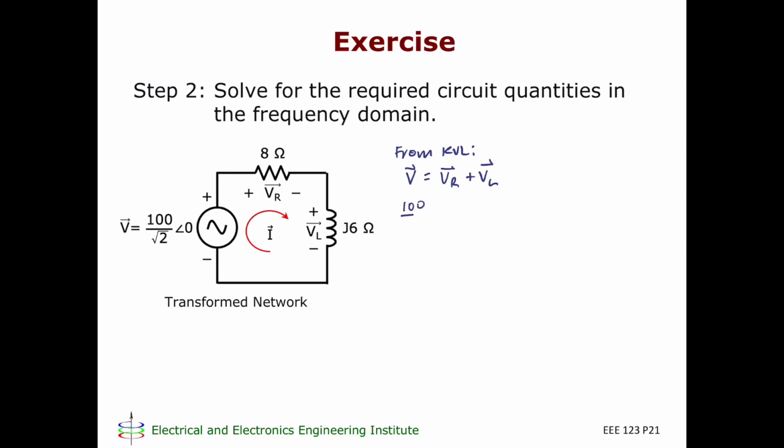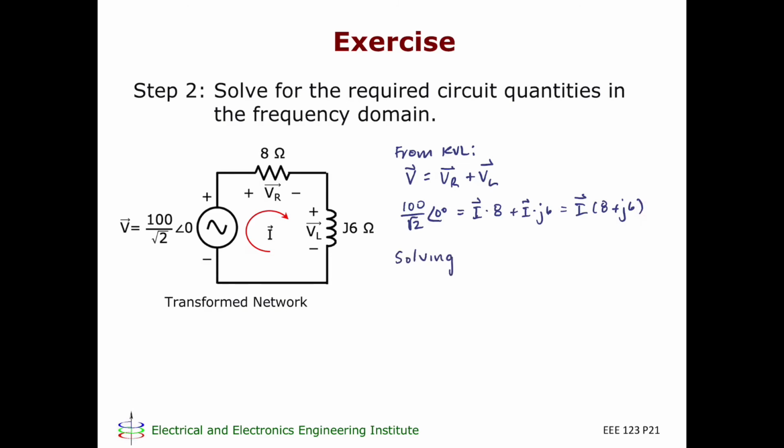So this is 100 over the square root of 2 at an angle 0 degrees equals I. V sub R is I multiplied by 8 plus I multiplied by j6, or simply I multiplied by 8 plus j6. I don't really have to convert this to polar this time. Why? Because